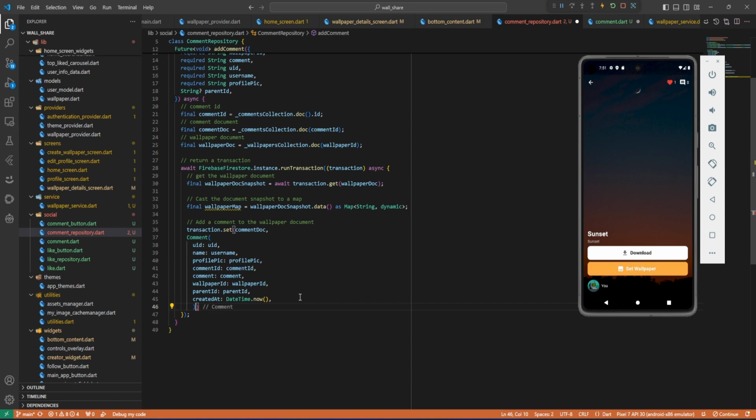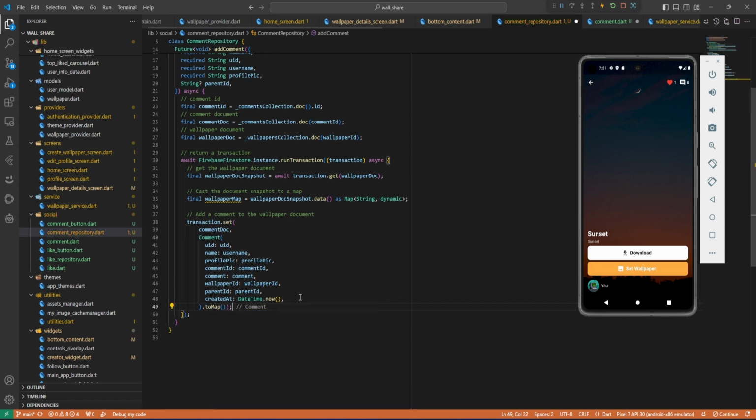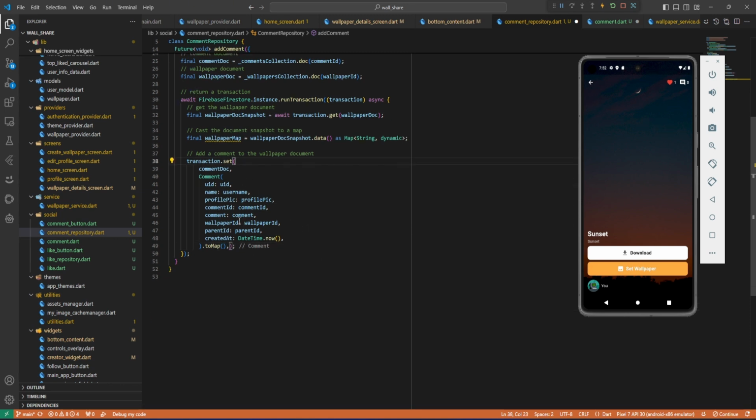Now here we also need not to forget to say to map. Okay, and then we just simply close that, and then we can put the comma there. So this is how we are going to add the comment. Now, after adding the comment, we need to increment the comment count in the